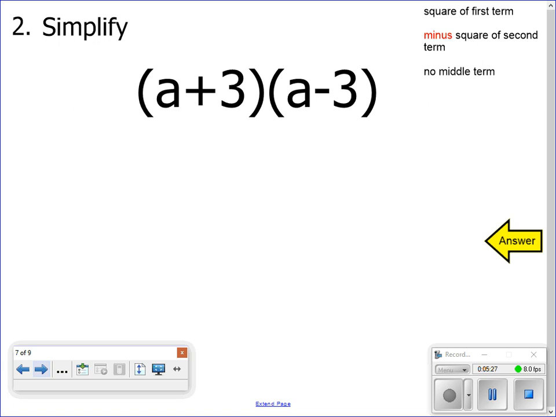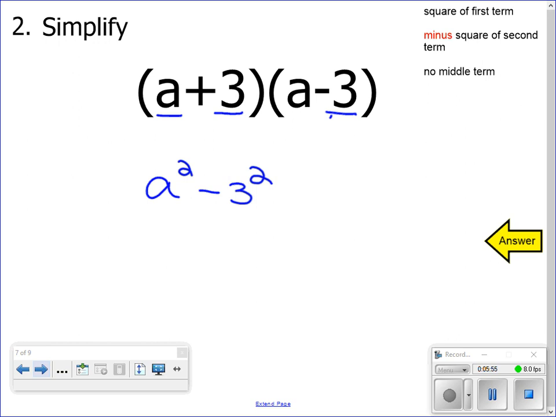In this next one, we have the product of a sum and a difference. So remember that when we do a product of a sum and a difference, there's going to be no middle term. So it says square the first term. So the first term in both was a, so a squared would be the square of that. And square the second term, well, the square of 3 and the square of negative 3 is both, the square of 3 is 3, but we're subtracting, so minus